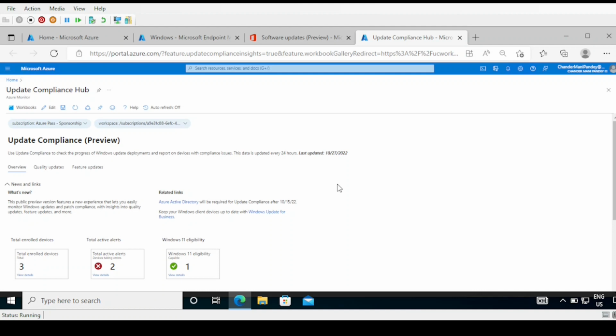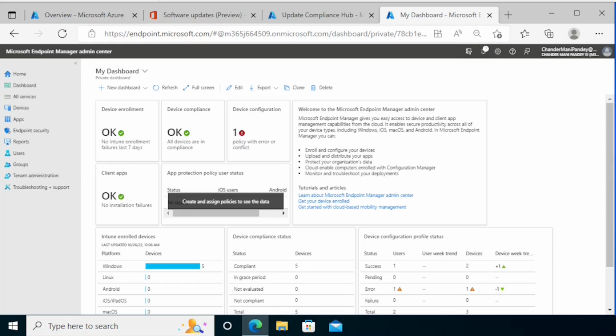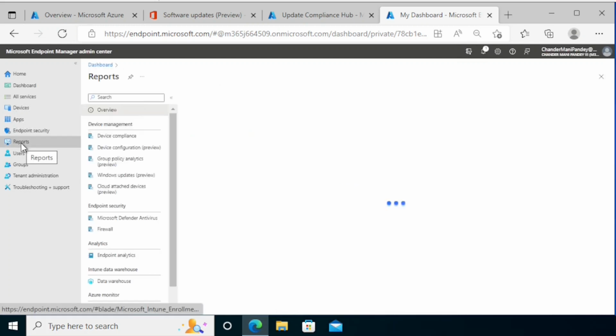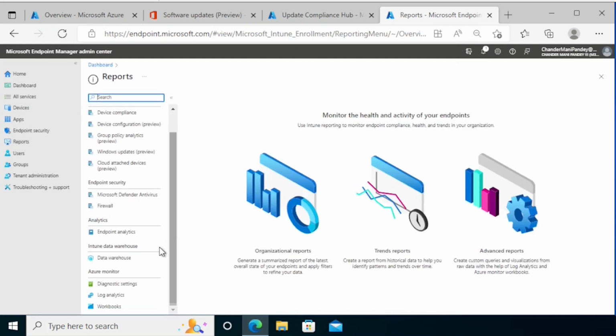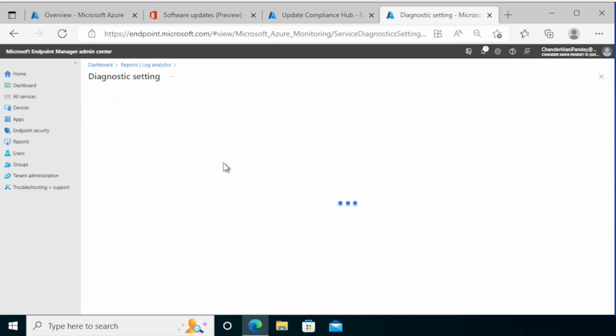Now we can see that after clicking on update compliance, it's redirecting me to the update compliance hub, which is the Windows Update for Business reporting solution. And we can see the same report which we discussed earlier. We can also configure the update compliance reporting using Intune. To do this, we have to go to the reports, and under reports we have to go to the log analytics under Azure Monitor,